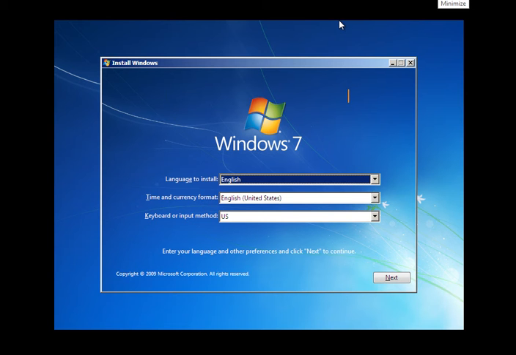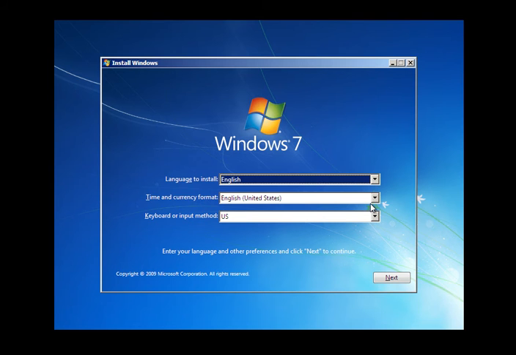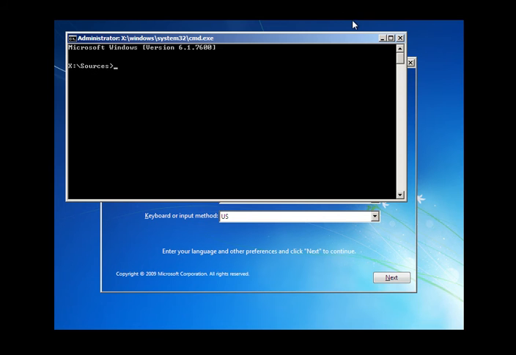Just press Shift plus F10, and we get this command prompt.